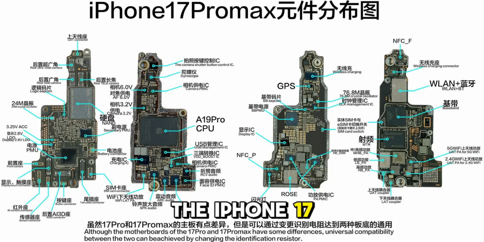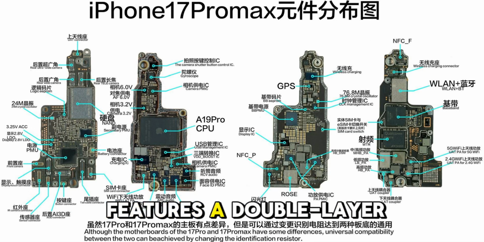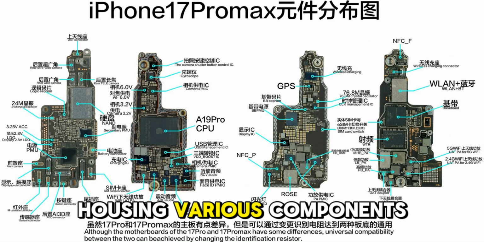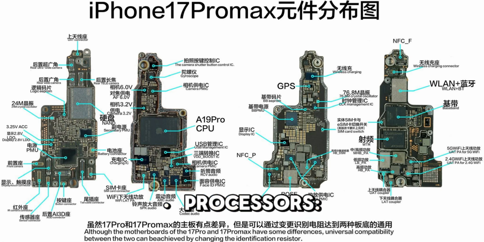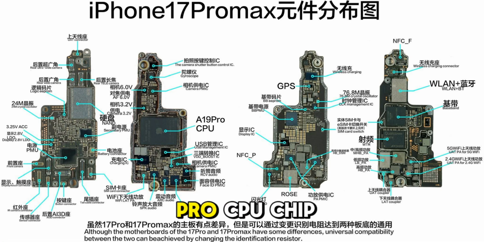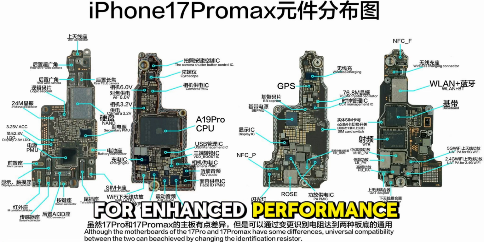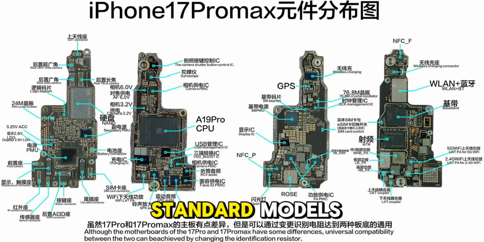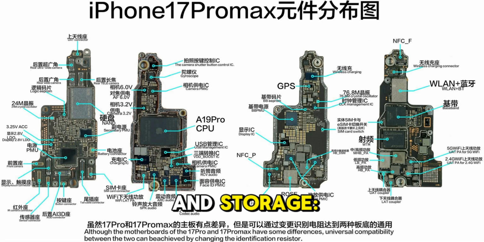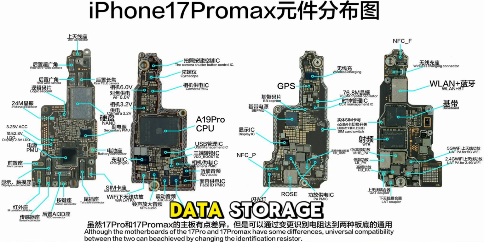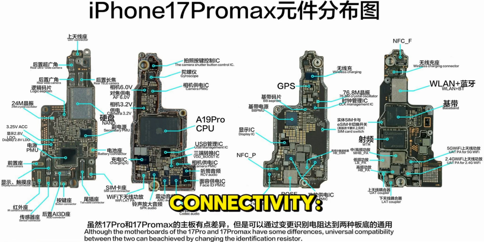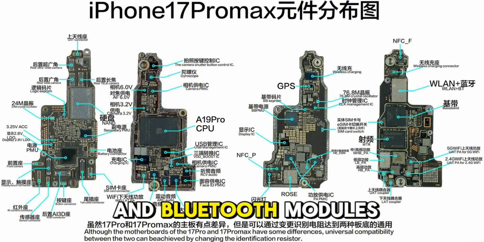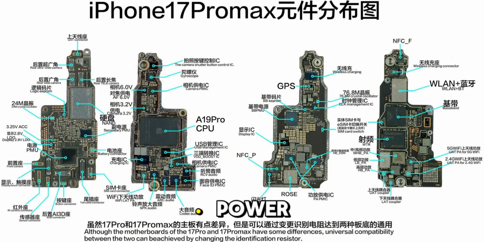The iPhone 17 series logic board features a double-layer structure, housing various components such as processors: the A19 Pro CPU chip for enhanced performance and efficiency, and the A19 CPU chip for standard models. Memory and storage: NAND memory chip for data storage. Wireless connectivity: Wi-Fi and Bluetooth modules for seamless connectivity. Power management: AP Main Power Manager for efficient power distribution, Charge